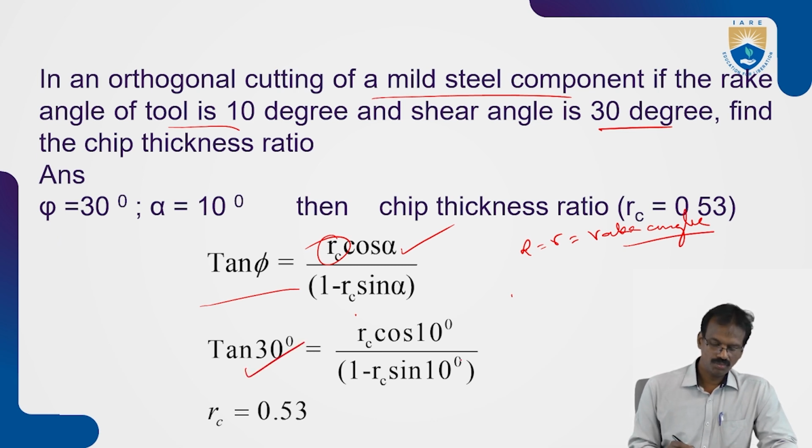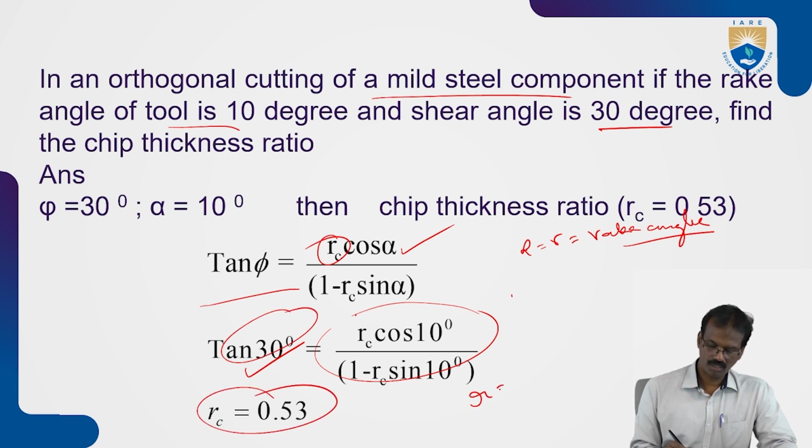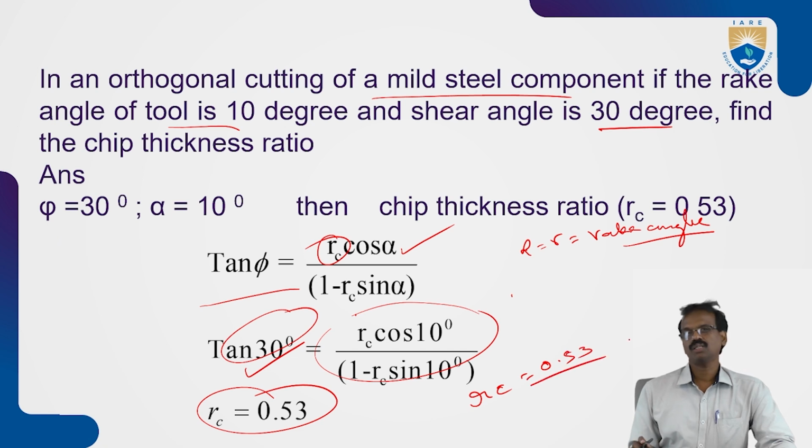So tan 30 is equal to rc cos 10 degrees by (1 minus rc sin 10 degrees). If you solve this one by using the calculator, you can find out the rc value, that rc or r is equal to 0.53. So this is the ratio of the chip thickness. So now we'll see the